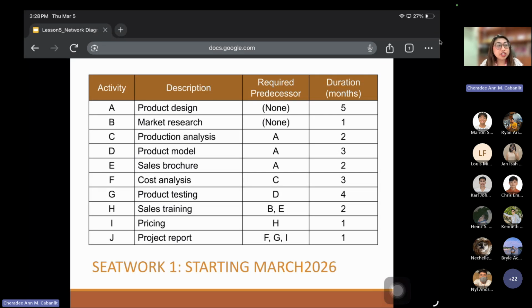Then, since the duration is termed in months, so therefore, you have to put there month 1, month 2, but you have to specify. So, March 2026, April 2026, May 2026, so on and so forth, until when it is to be done.